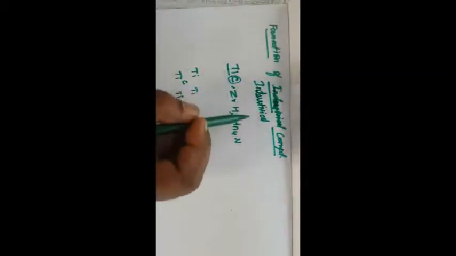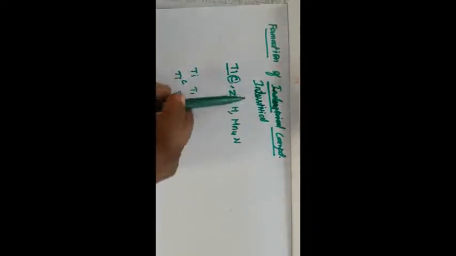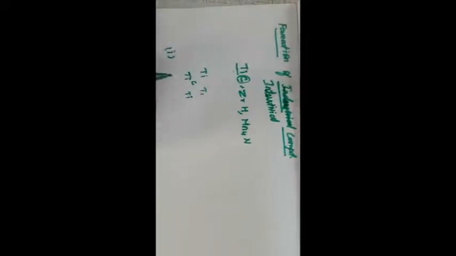Interstitial position, that is the deep inside of this crystal. After occupying the interstitial position, they get new character. What is the first new property? They are hard and show electrical and thermal conductivity. This is the first one.